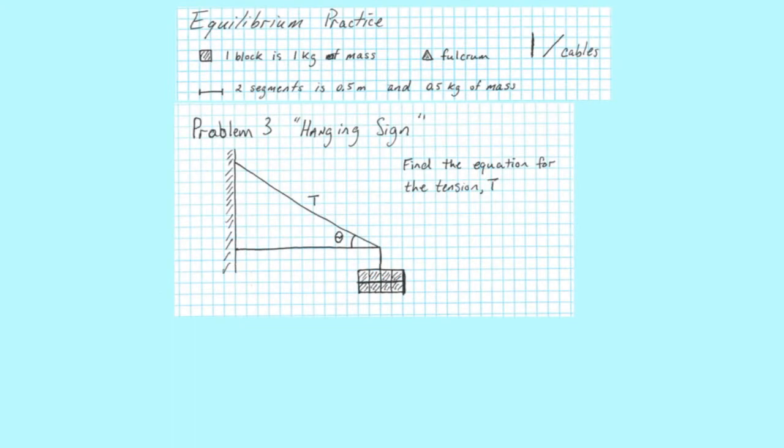We're looking today at a hanging sign problem. The hanging sign problem is a plank that's attached to the wall and supported by a cable. Now that cable could be attached to an overhang or it could be attached to the wall itself. In this case, the sign is hung at the end of the sign pole, and the cable is attached to